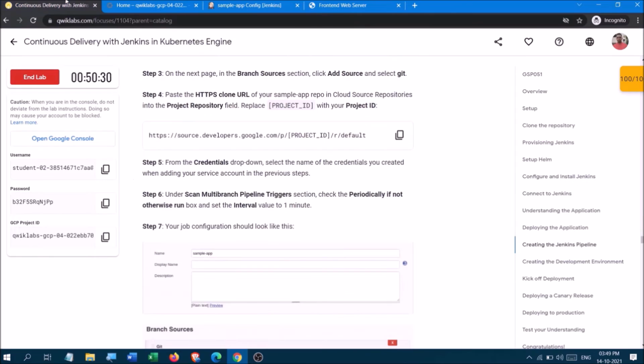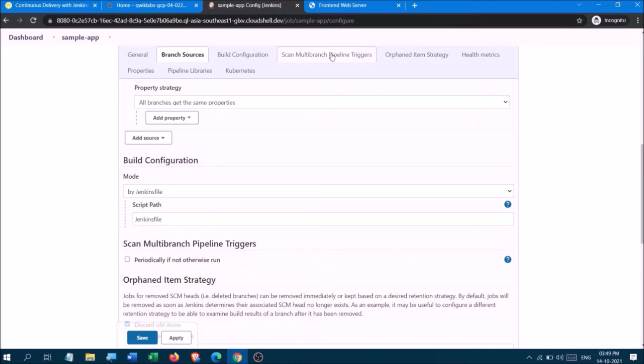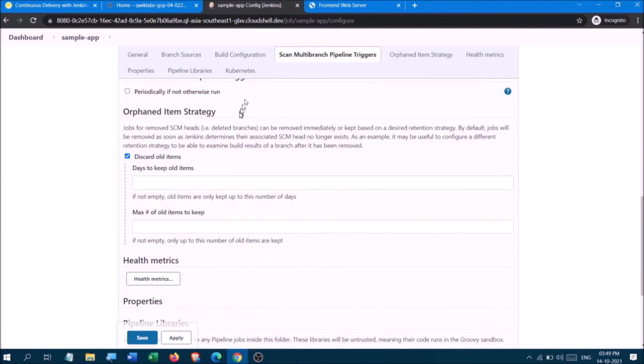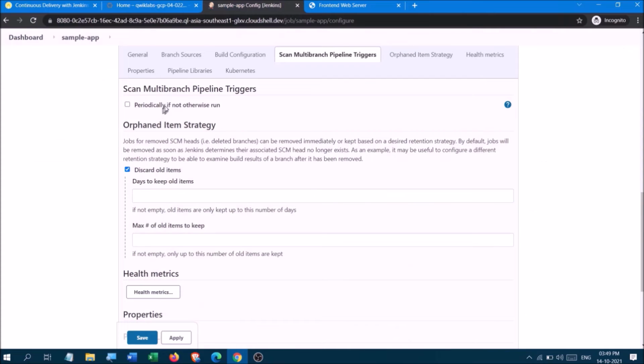After this, what we have to do is that under scan multiple branch trigger, here it is. Check. Yes.